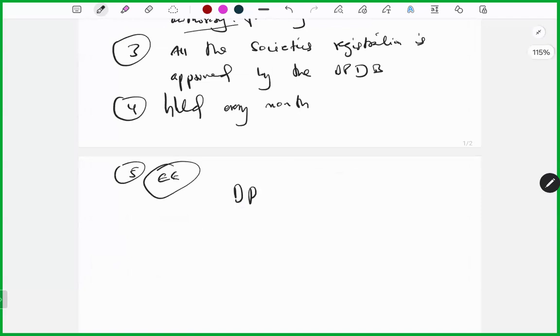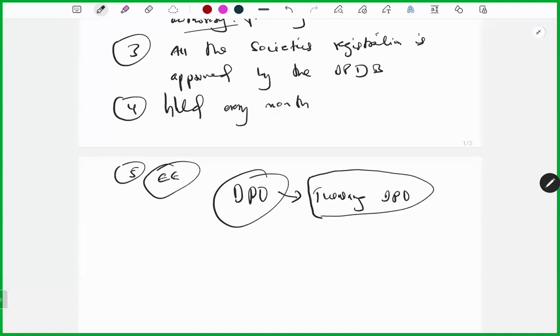Actually, in reality, we do not have a DPO here in Samator, being a new district now. The DPO should be here, but it is being looked after by the Tuensang DPO. But the Tuensang DPO does not come to the DPDB, hence I record the meeting minutes and everything.